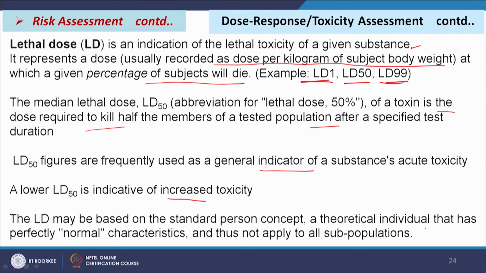A theoretical individual that has perfectly normal characteristics is used, and thus it may not be applicable to all subpopulations. That means this is for perfectly normal adult persons, not children